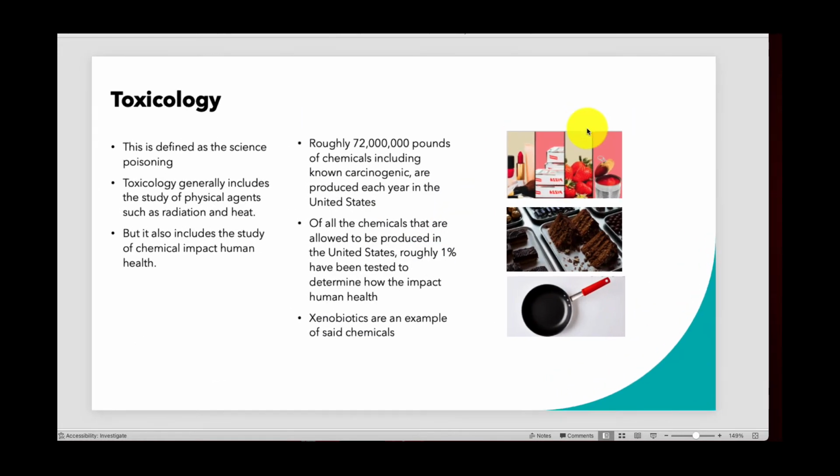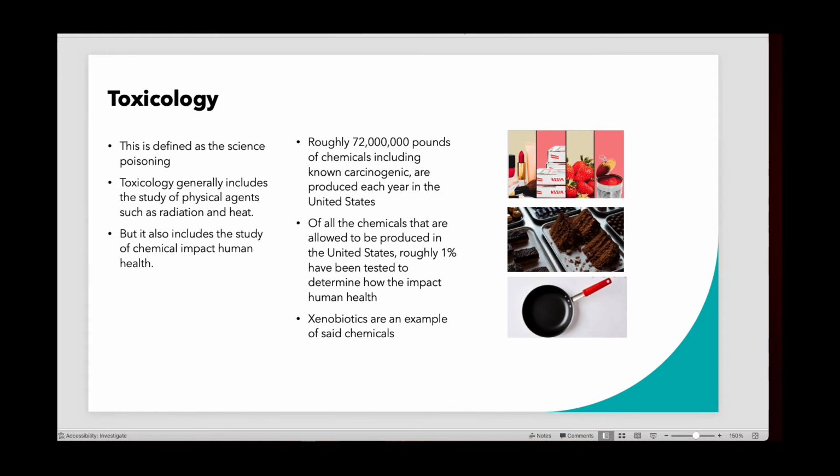So let's talk a bit about what toxicology is. You've probably heard about chemicals, right? Especially synthetic chemicals, the type that we see in nonstick pans. There actually was a movie about this, I don't know if you guys have watched it or not, called Dark Waters, and it was all about Teflon and the company that was putting thousands of pounds of waste product from making these Teflon pans into the rivers, and then the rivers were poisoning everybody in the surrounding area. Everybody was developing cancer. So we have these toxic chemicals.